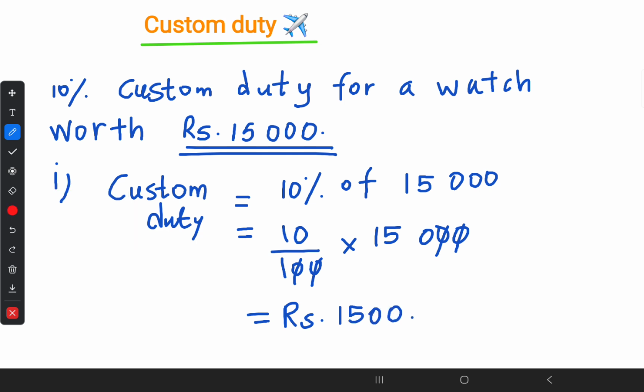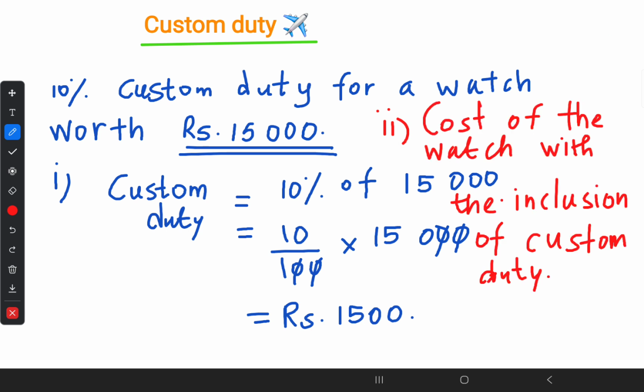Next question, after custom duty, what is the price, the cost of that watch? Because after custom duty, what is the price of that watch? I will write that here. So first we found the amount of custom duty. Cost of the watch with the inclusion of custom duty. So initially the worth of the watch is 15,000. With that